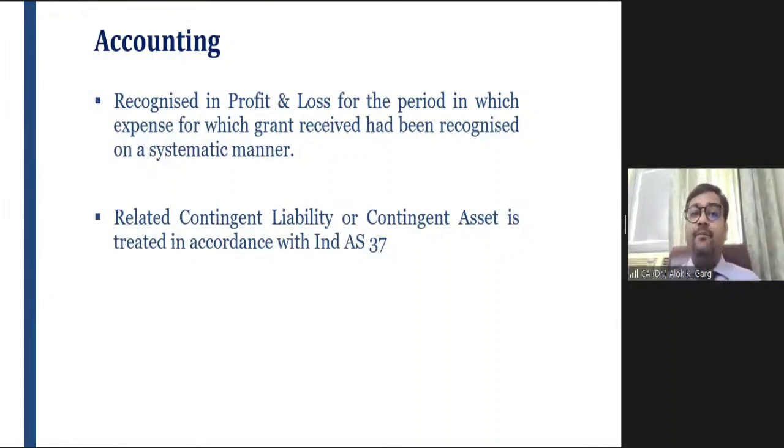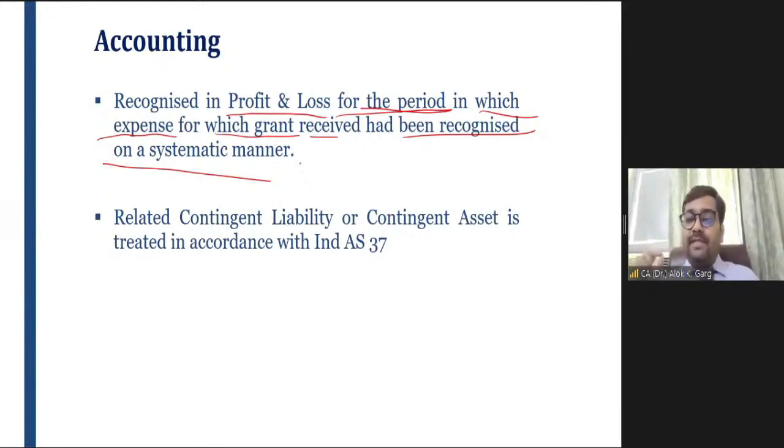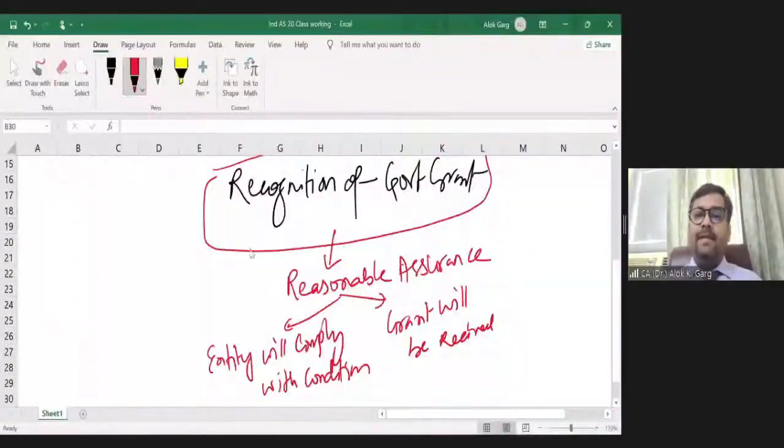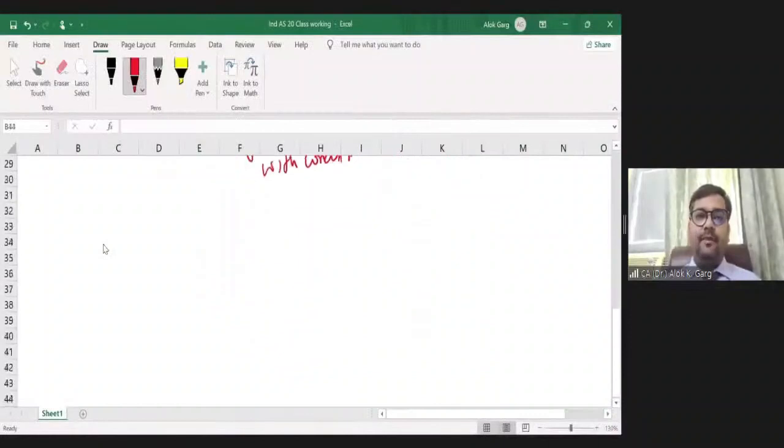So the standard says that the government grant has to be recognized in profit and loss for the period. Sir, which year's profit or loss? For the period in which the expenses for which the grant was received have been recognized, on a systematic basis. Sir, can you take an example for this? For example, the company has received a grant in relation to a fixed asset. Okay. When I say fixed asset, for example, the fixed asset,